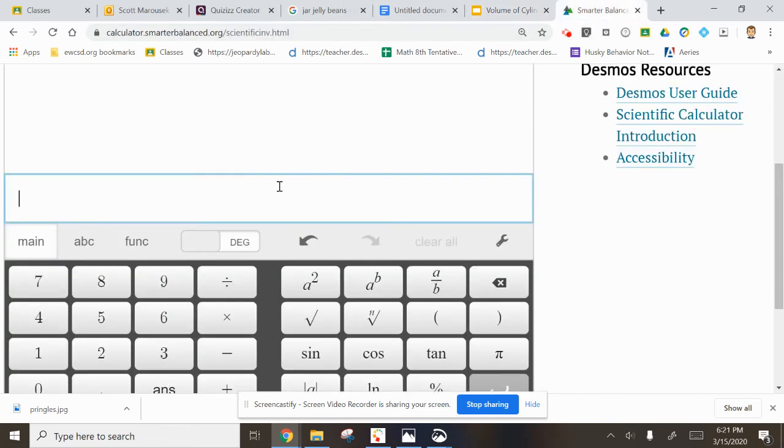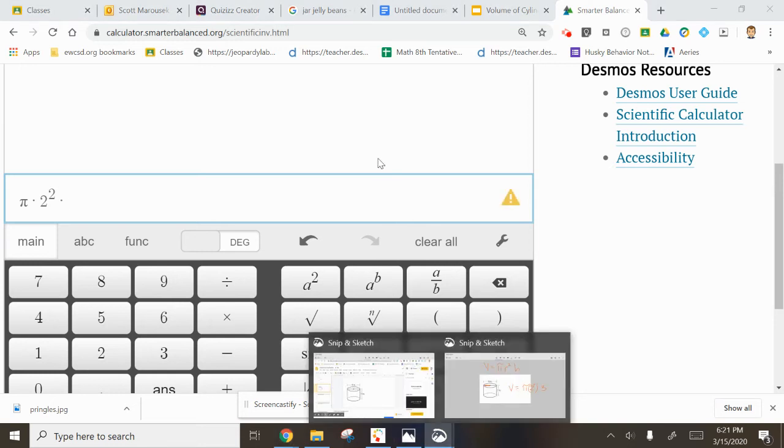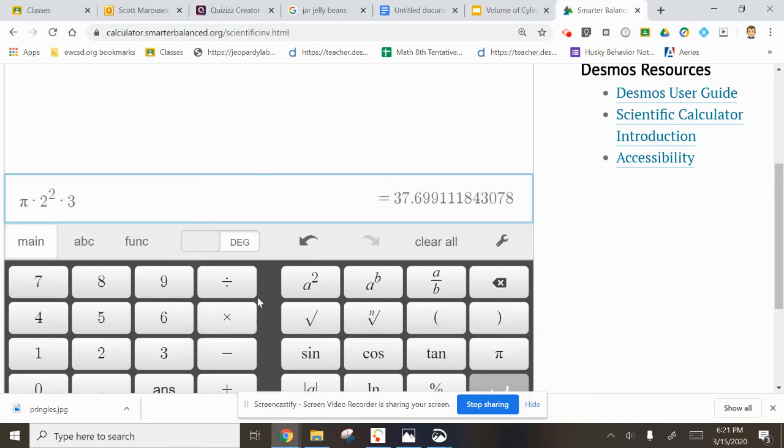So sometimes it might be left where the pi sign is left in the answer. But again, if we have our calculator, we're going to go ahead and handle it this way, times 2 squared, which we already know is 4, times, what was it again? I keep forgetting. Was that 3? Okay, cool, 3. And